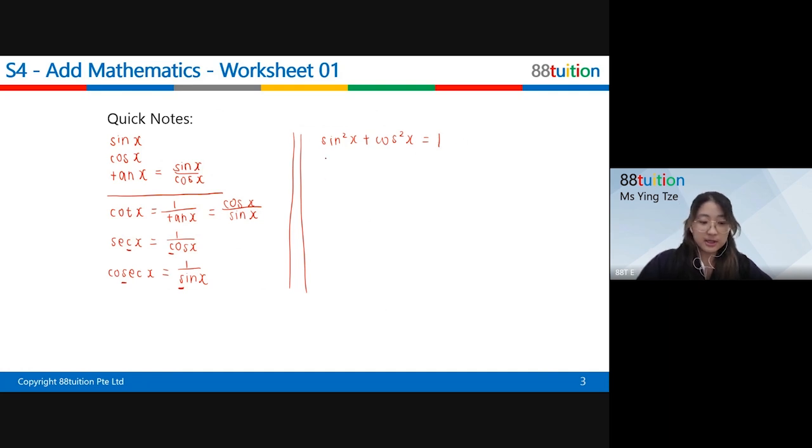The second one we get by dividing everything by sine squared x. When you divide this by sine squared x, you will get 1. When you divide cosine squared x by sine squared x, then this one,